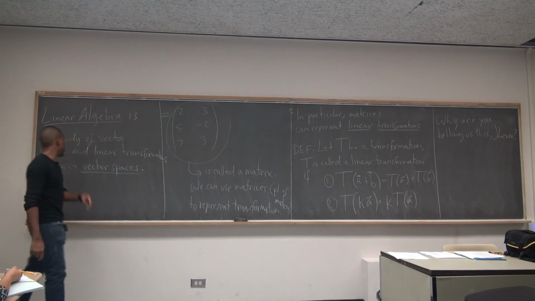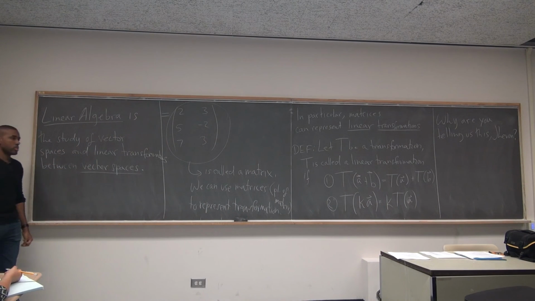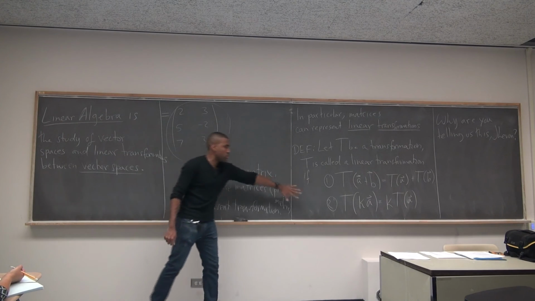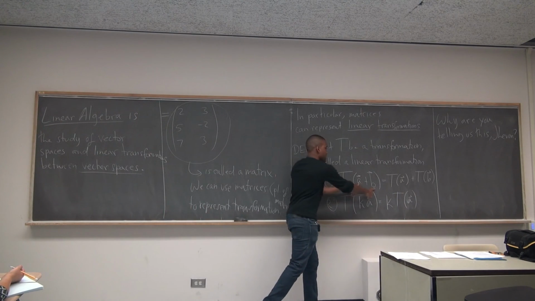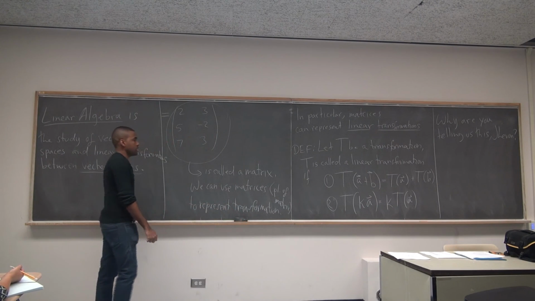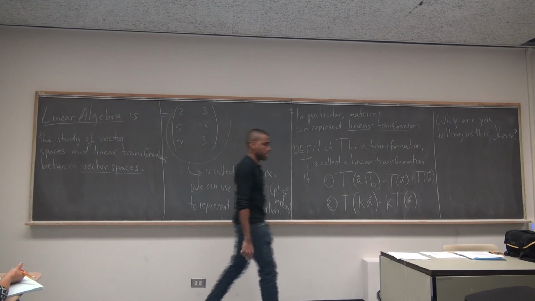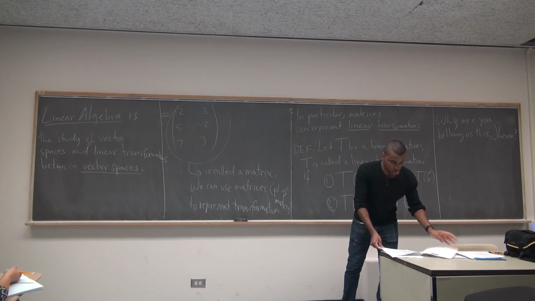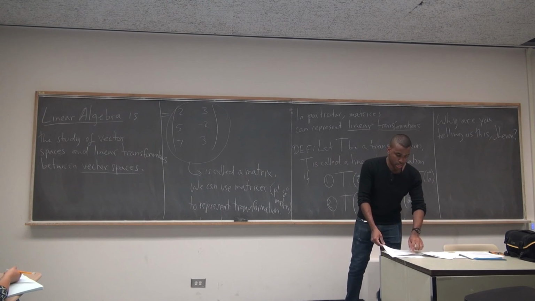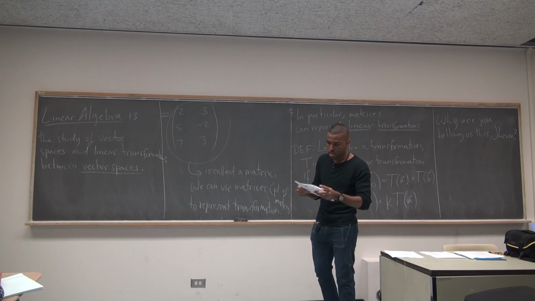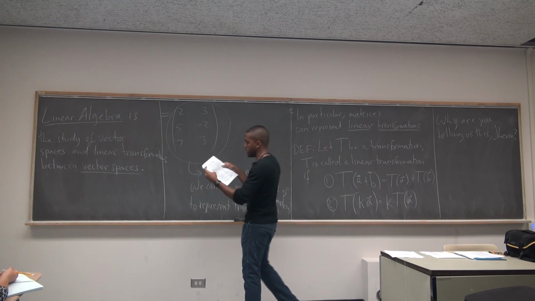What we're going to be studying is vector spaces and linear transformations on vector spaces, right? We're going to be talking about functions that behave this way, where my elements come from something I call a vector space, which we will define in detail later on. I think that is the third section of the course. So first we're going to learn how to deal with matrices, how these things work, and do some applications of why they're useful. That's the first section. Those are the first 10 topics.